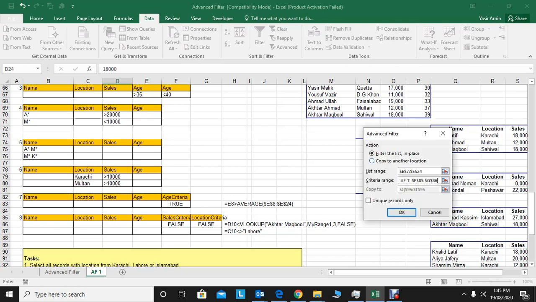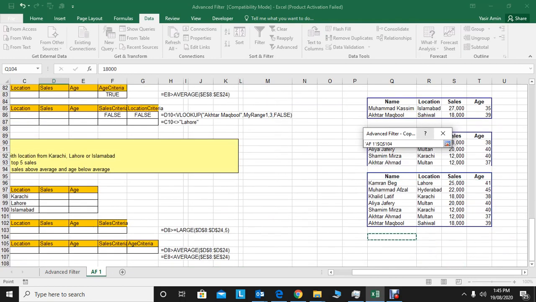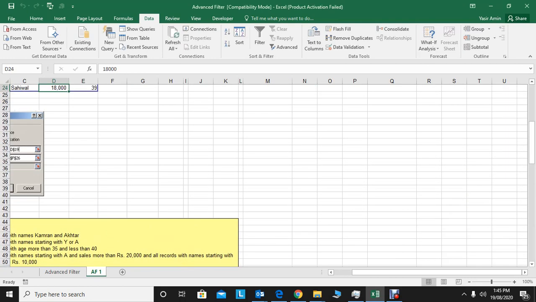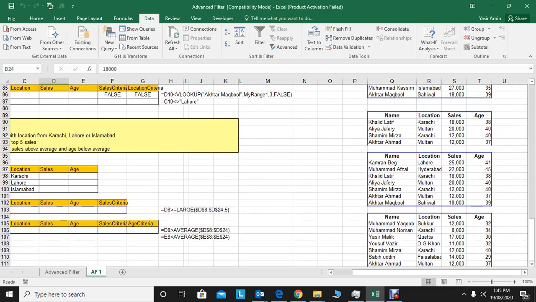The city should not be Lahore. Let's do it, copy here, and then okay. See the result. Akhtar Maqbool's sales is 18,000, all figures are less than 18,000 and the location is not Lahore.